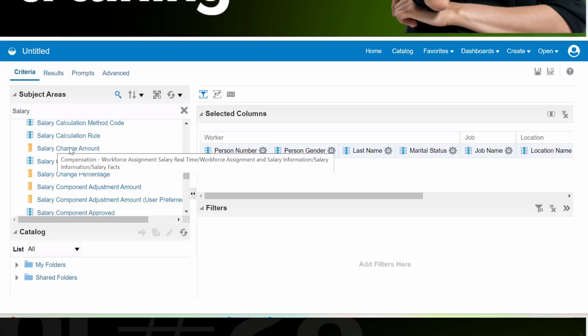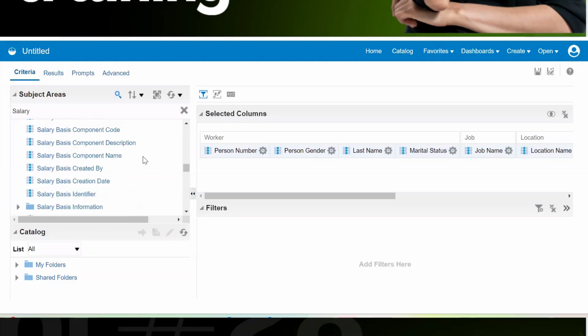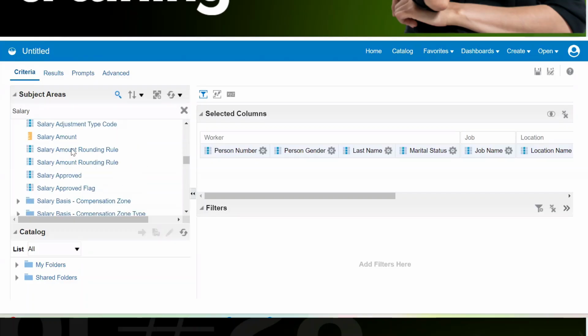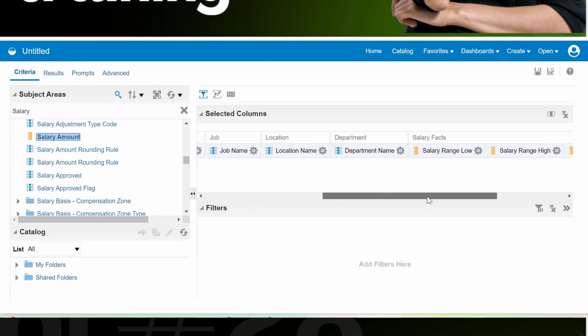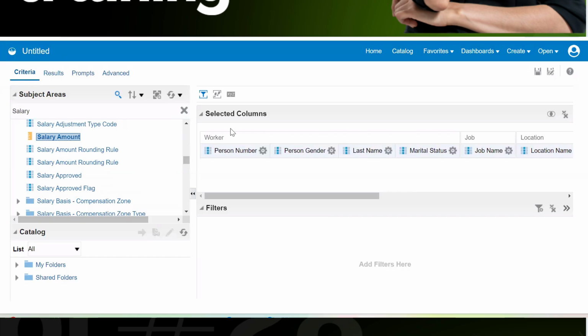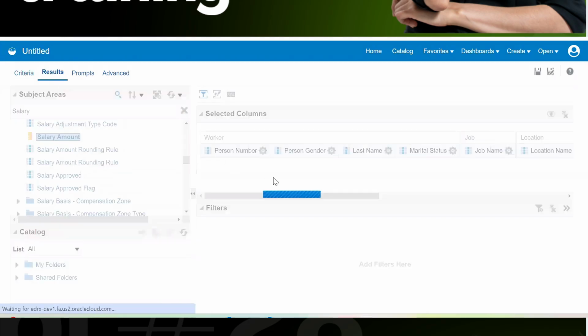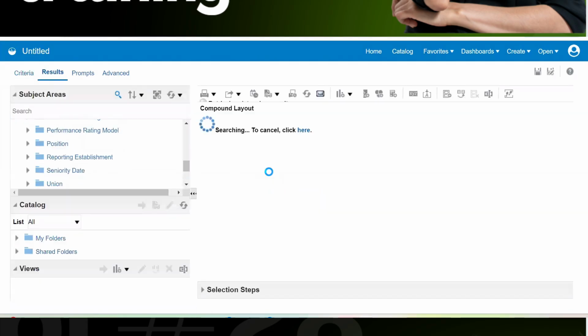And we want the change amount. Okay. We have added these many columns. We have not added any sort of filter. So if we go to the result section, let's see what outcome comes.